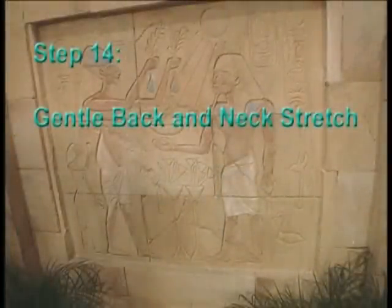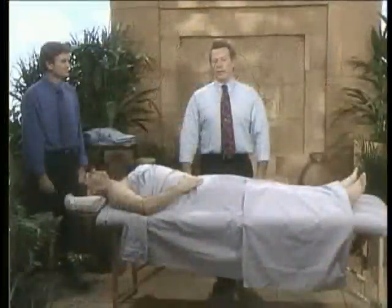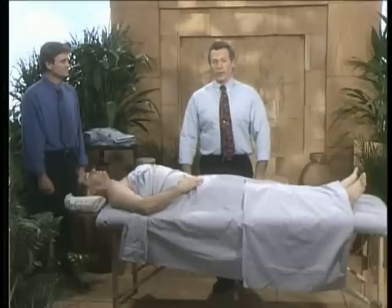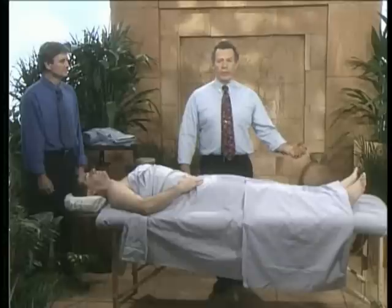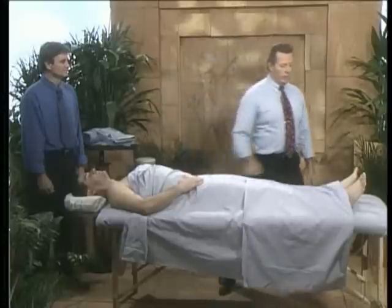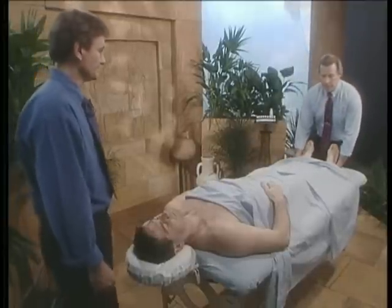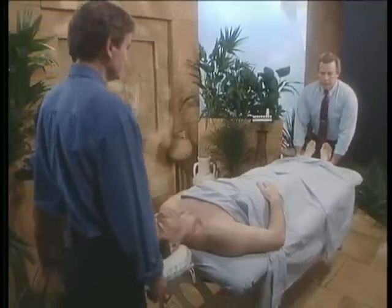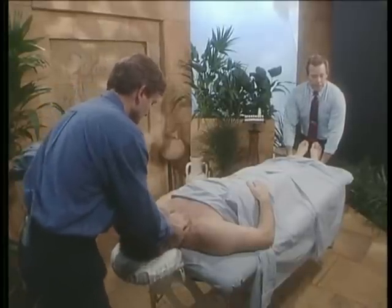Step 14. As you're practicing this at home, it is not mandatory that you have a person facilitate with you, but it's a great way to include family members and other friends as you're practicing and learning the raindrop technique. And so in this case, I'm going to anchor the feet, but if you're doing this alone, that's not necessary. And so as I go to the feet to anchor, Dr. Alsop is going to facilitate at the head, and we're going to start with the fingers being placed under the neck with the tips of the fingers coming